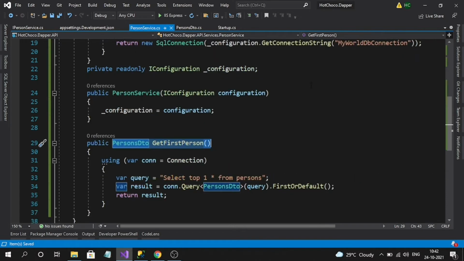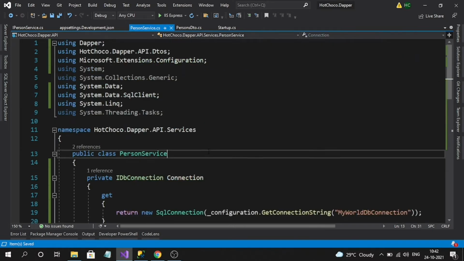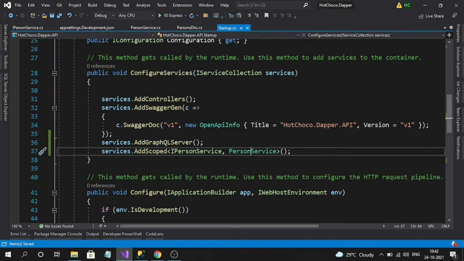Okay, let's implement it. I forgot to implement the interface. And now the error should be gone. Yes. So we have registered our service as well, right?